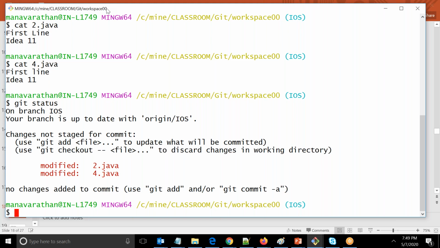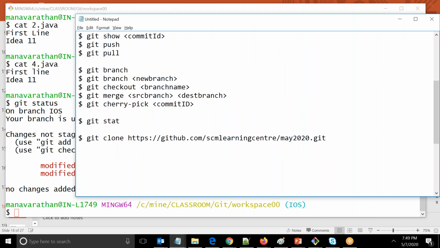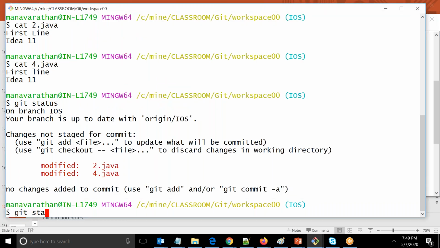Now, like I said, I try to do some test. Then let's say that I didn't feel the results are good, so let me try it again in a different way. So that is where I now want to do two things together. I want to first take a backup of the changes and then go ahead and undo. If you have both requirements, then you're going to simply say git stash. So now inside the workspace, watch this. If I say git stash,